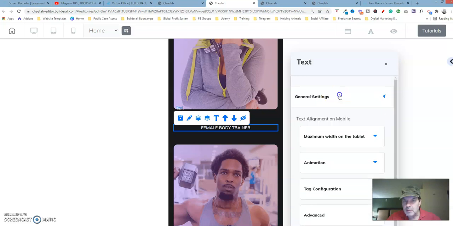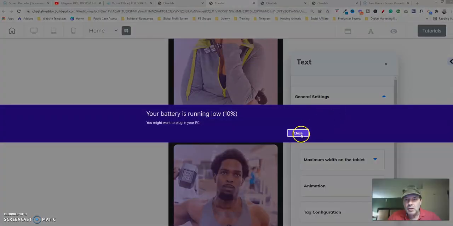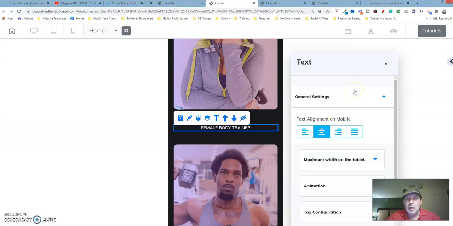Okay, I know what the problem is, and I'll show you this in the next video. This particular text element is not set properly on the desktop, and you'll see why in a second, because once we set it to a different font style, I believe when you come to the mobile editing under general settings,